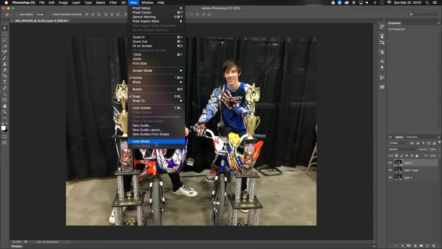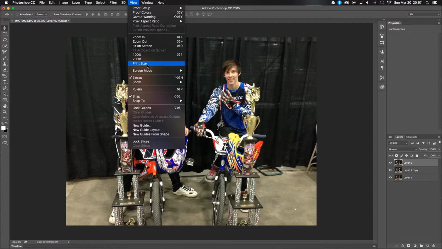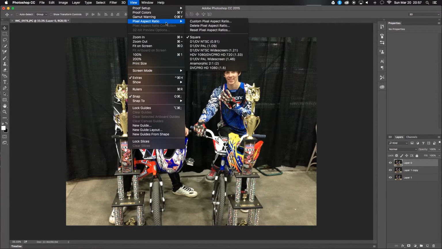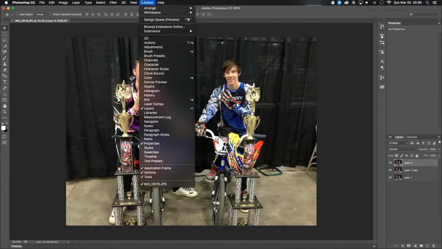View, this is basically just how you view the photo. If you want to zoom in, zoom out, print size, screen mode, you want to go full screen, just stuff like that. If you go to full screen, it's probably going to hide these tabs. That's what mine does. Window, you can choose your most common items that you use, and they will be displayed